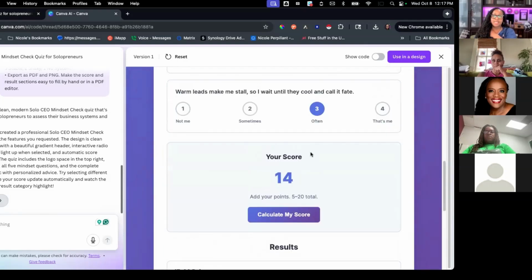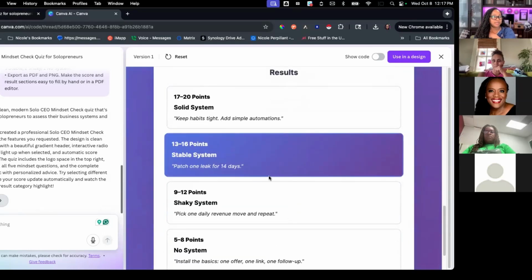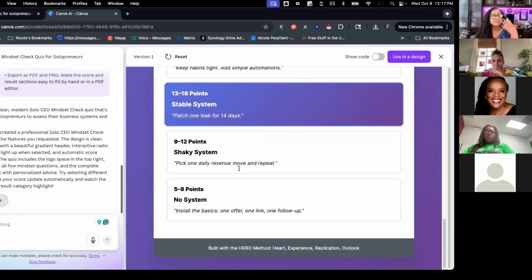Boom. And then calculate my score. And then it should bring them down here. And so then it says you have a stable system, patch one leak for 14 days. This is very light. So let's say I want it to, first, when choosing a rating,